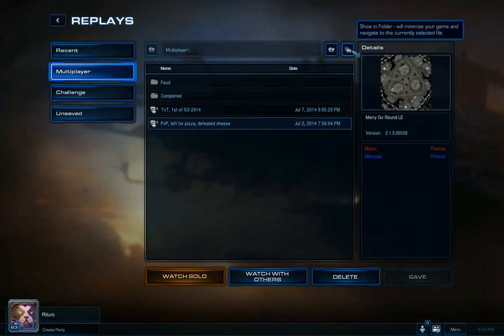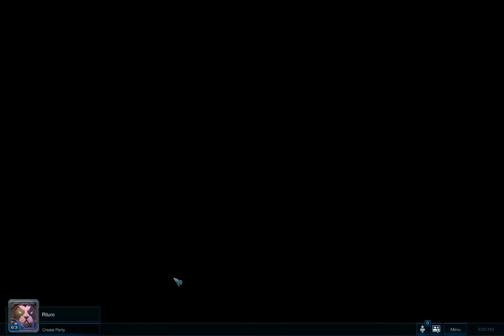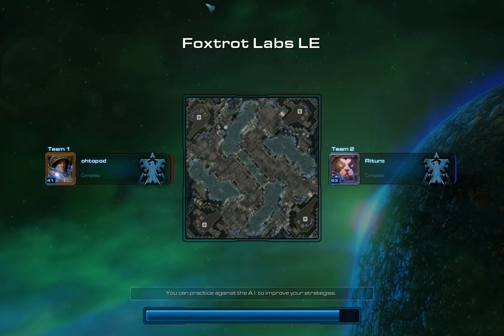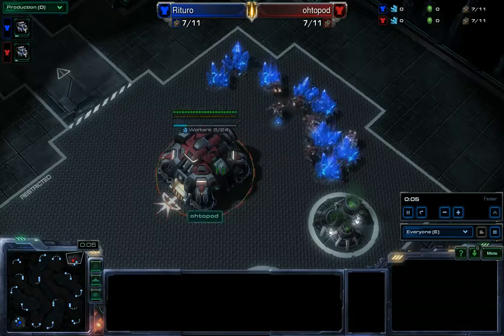All right, that's that. Let's move on to match number 2. Hello everyone, Rituro here, and this is my life in Silver League. My opponent today, a level 41 Bronze Leaguer by the name of Autopod on the new season map, Foxtrot Labs. This is my first official match of Season 3 of 2014, but I hear you saying, but Rituro, I can